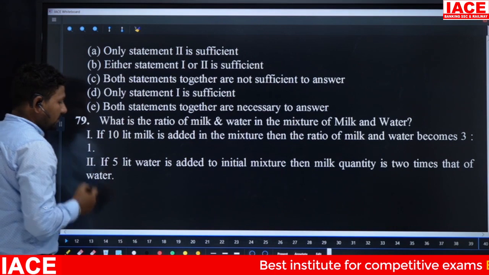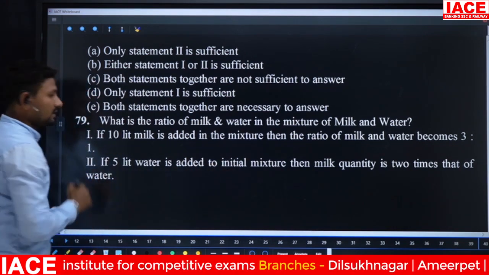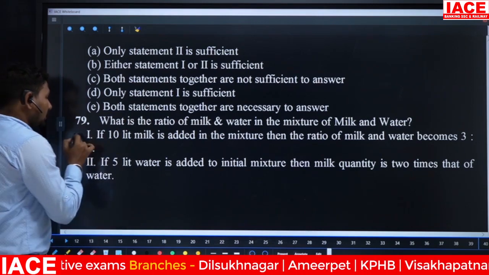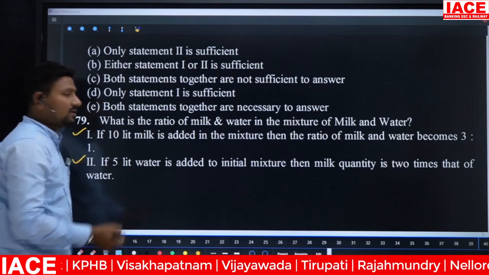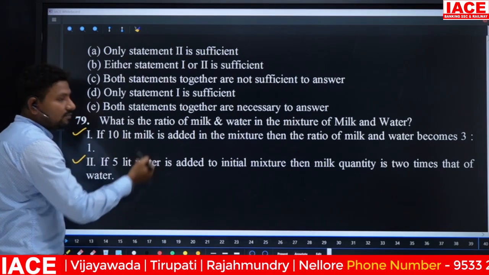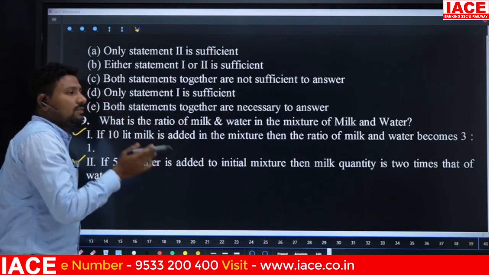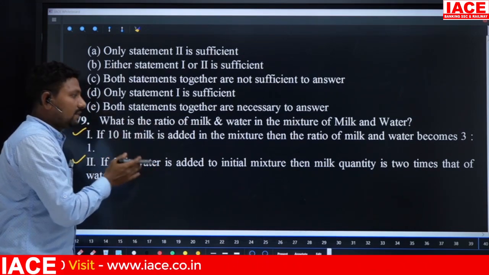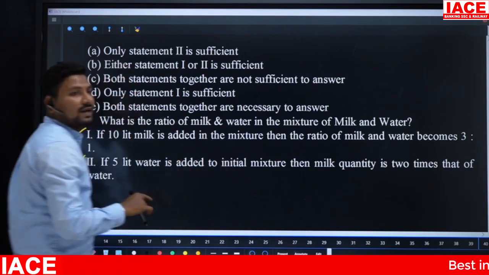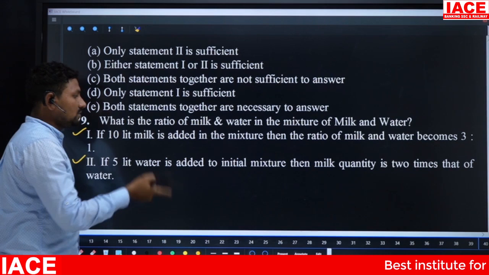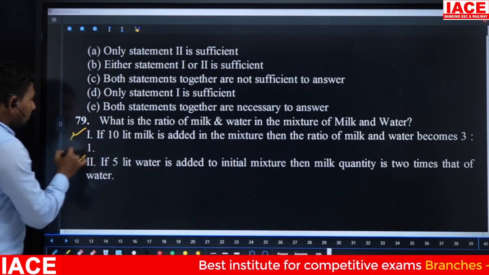And coming to statement 2, if 5 liters are added, the ratio changes to 2 times the water. That means 2:1. Here we are writing one equation, and the quantity should always be the same. This equation and that equation, we make both equal, then you will get x. Write the milk value and water value separately, plus 10, and here also x plus y, 2 times the milk and 1 time the water. When we write a ratio, we can make the two equations equal and get an answer. And here two statements are required.